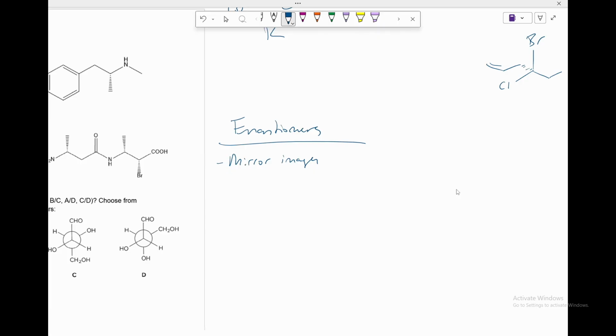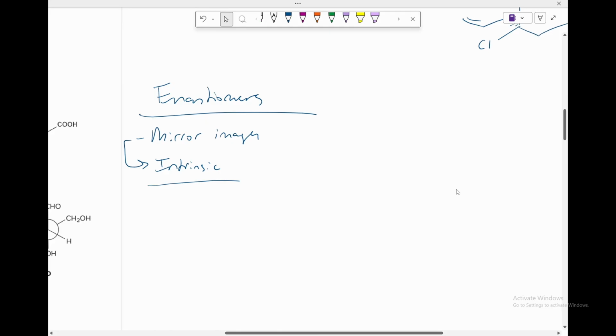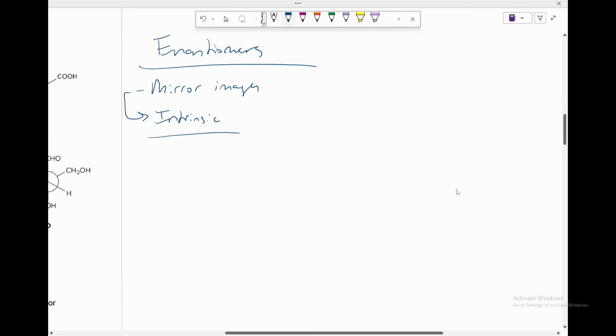So this property is intrinsic. No matter how much you manipulate it, it's always going to be that. So for an example, if I take this molecule here,